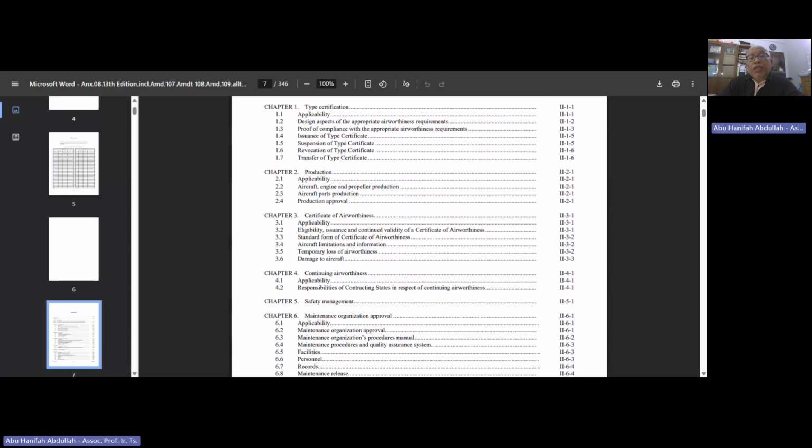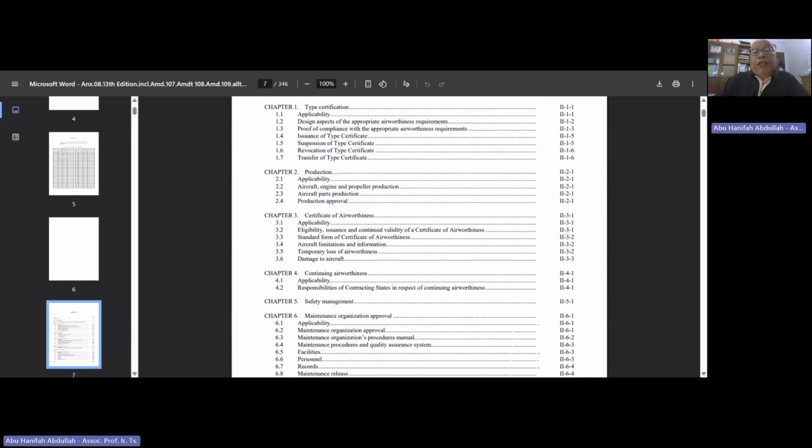The aircraft can be airworthy when there is a TC, and the aircraft is also produced by an approved production organization, so the aircraft is eligible for the certificate of airworthiness. For the initial airworthiness certificate, if the aircraft is going to a foreign country, we call it an export certificate of airworthiness. That export certificate of airworthiness is not used as eligibility for the aircraft to fly for operation. So the state receiving the aircraft should issue its own certificate of airworthiness to make the aircraft eligible to fly